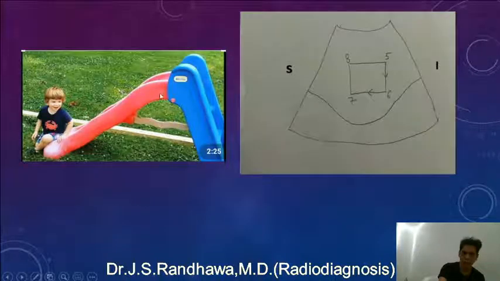Now after the child has come down, you can see the child is in the inferior position, and if the child wants to go to the previous position, the child has to move from inferior to superior. So this is how we label the rest of the segments.